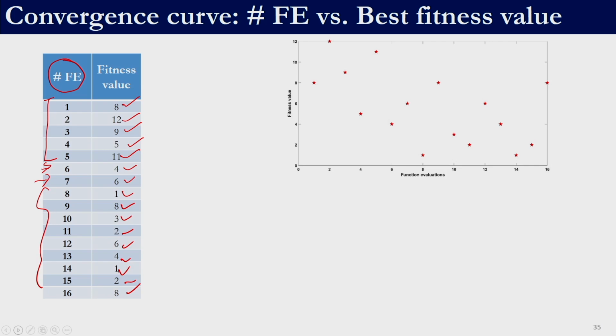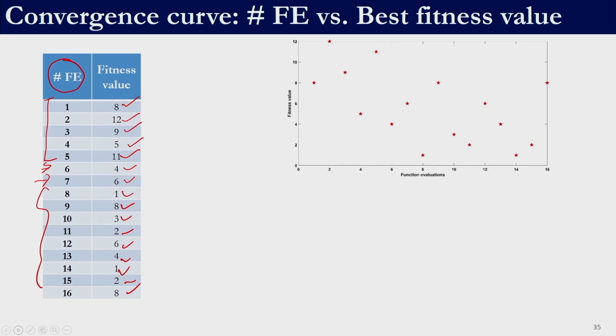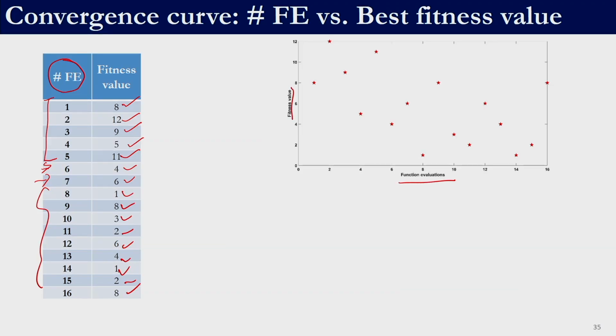Now, if we plot this, it looks something like this. It is scattered, we can't make much out of it. If we keep doing iterations, obviously it is going to exhibit a downward trend as a whole, but the inference is not that clear because you are plotting every functional evaluation. So, for example, let us say you have generated a solution which is actually inferior. Since you evaluate the fitness function of that particular solution, you also will end up plotting it if we are going to plot between functional evaluation and fitness value.